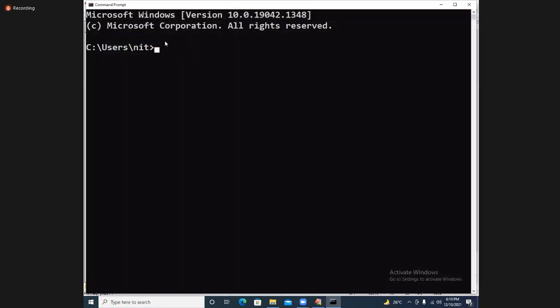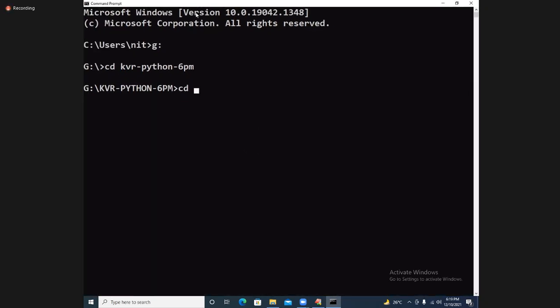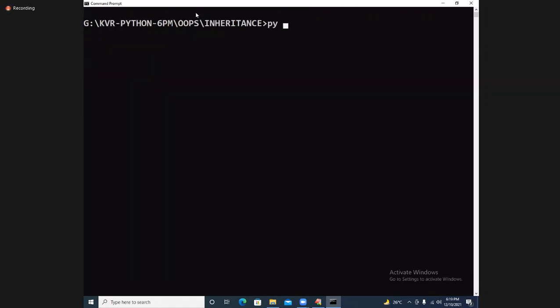Inheritance. Coming to this command prompt. G colon, CD caviar Python, then CD oops and then CD inheritance, py.